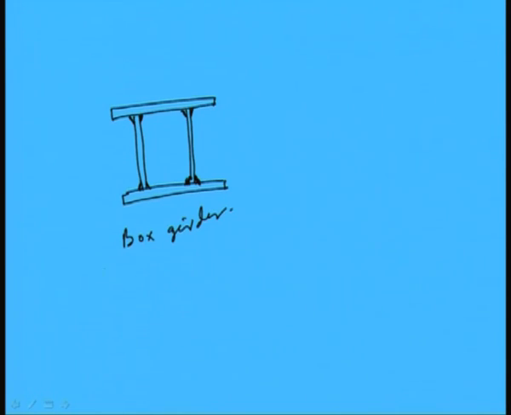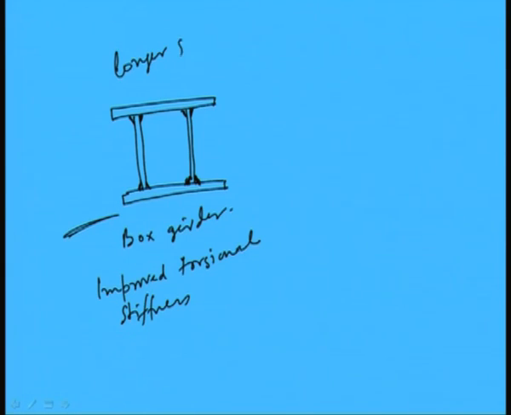This improves torsional stiffness. This section improves torsional stiffness, and these are useful in case of longer span. If span length is very high, then generally we provide box girder for longer span. Another type of